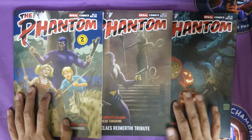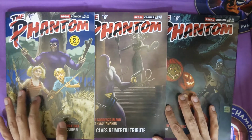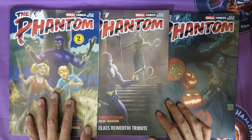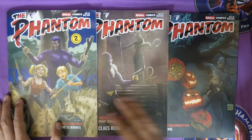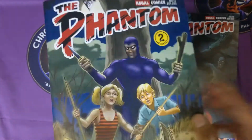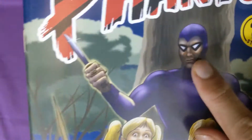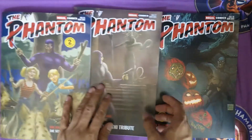So one issue I would like to point out before we begin is that this time somehow there is an issue with the covers being printed; they look a little dull. The reason is, it seems like when the covers were printed by the printing press, the whole contrast became off. Even someone like Vincent's cover, you can see it's really dark for some strange reason, like even the Phantom's face. So the best way to see is, if you compare it to